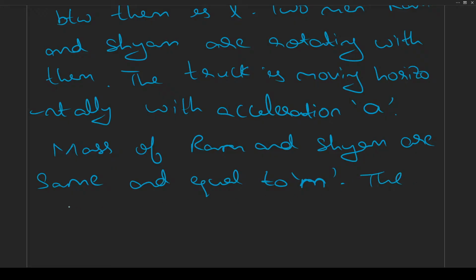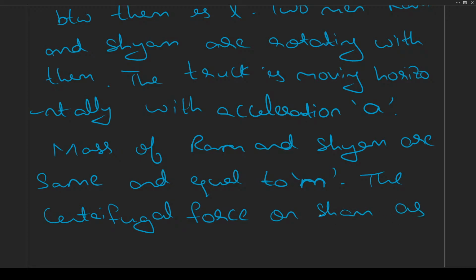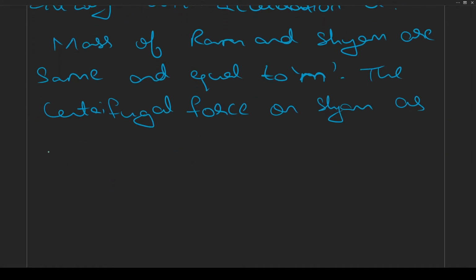The centrifugal force on Sham as seen by Ram is,